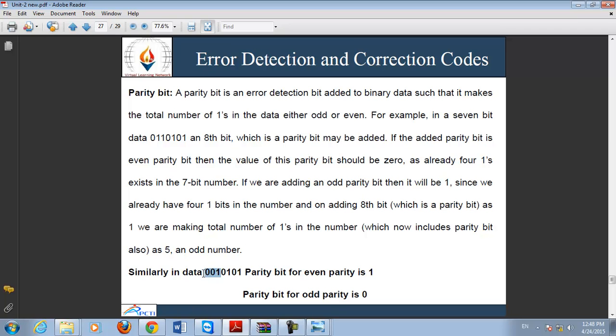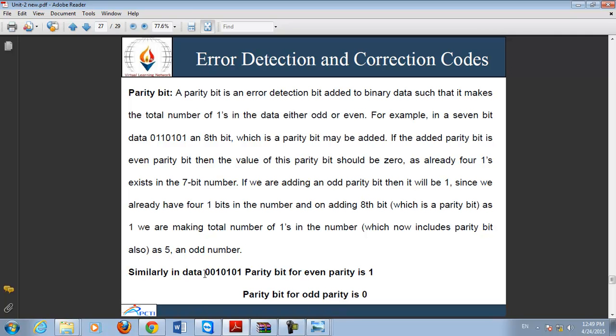This is total 7-bit data and you have to add the 8th bit to denote the parity of this number. Parity will be even if the number of ones present in the data is even, and odd if the number of ones present is odd. In this question, the number of ones present in the data is 1, 2, 3. 3 is an odd number. It means the parity for this number is odd. That is, 0 will be added at the leftmost side as a parity bit. Then the data will be sent to the receiver.